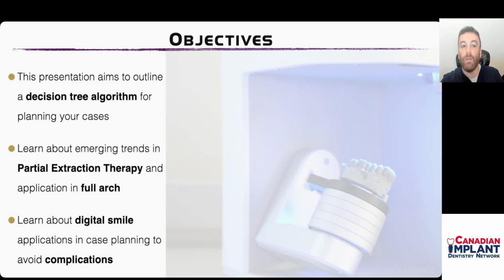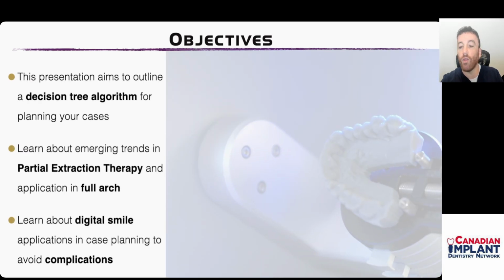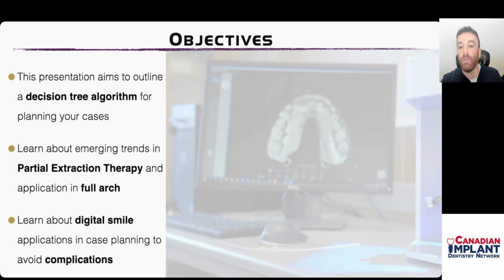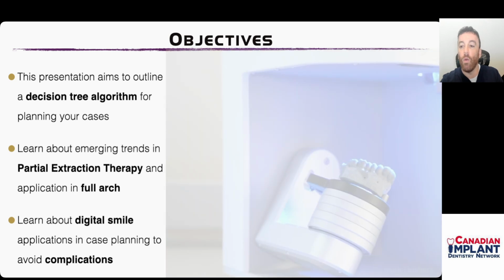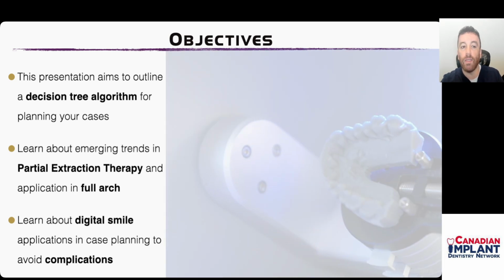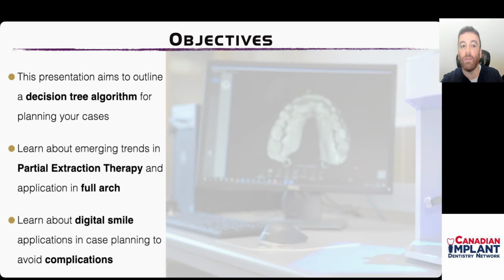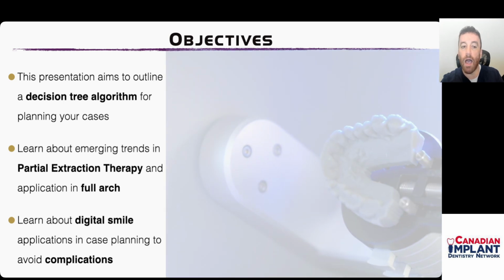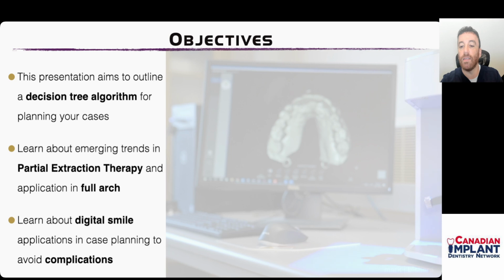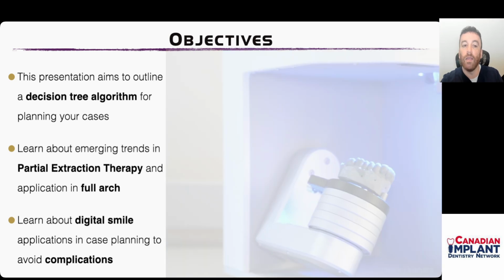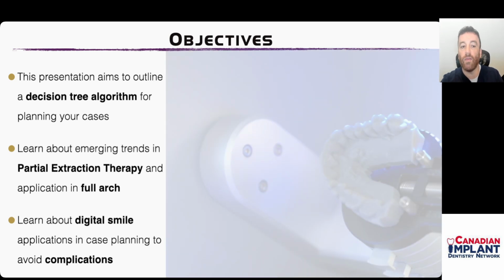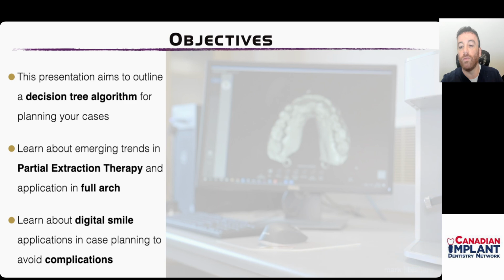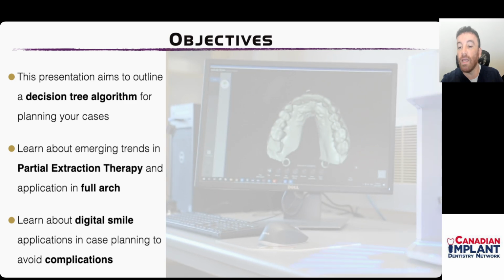So today we're going to be discussing a decision tree algorithm for planning your cases from FP1 to FP3. We're going to discuss emerging trends in partial extraction therapy, how to apply that in full arch. We're going to talk about digital smile design, how to look at these kinds of cases from a prosthetic endpoint to avoid complications in terms of case planning and to develop something that is not just aesthetic but also functional